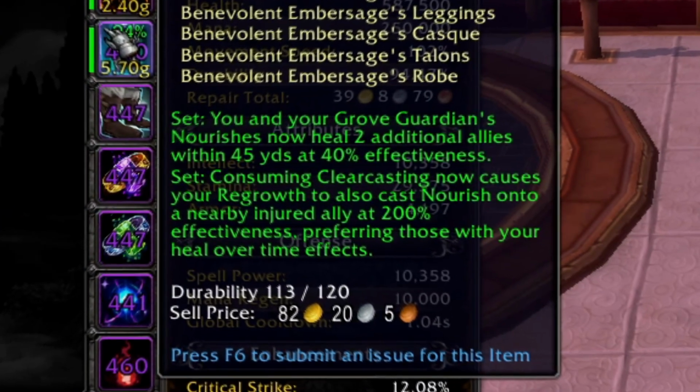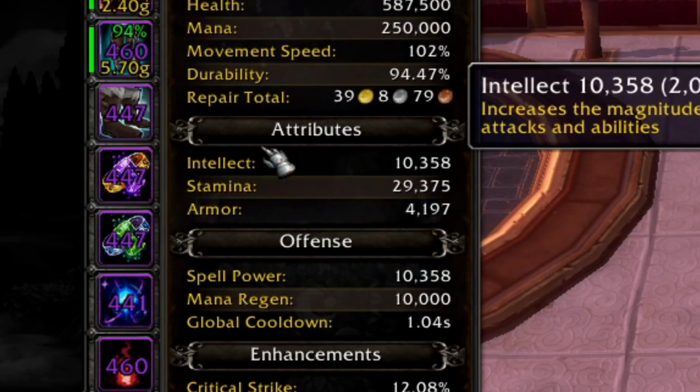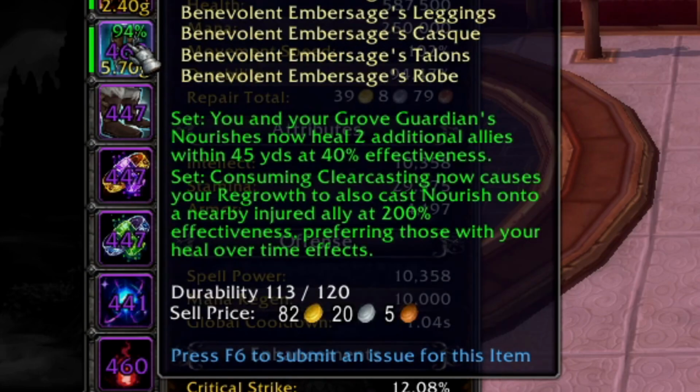So what it does, obviously you guys can read, but your Grove Guardians' Nourishes now heal 2 additional allies within 45 yards at 40% effectiveness. So that's just free extra AoE healing whenever you press Grove Guardians. And your 4 set, which is the super strong part about this tier set: consuming Clearcasting now causes your Regrowth to also cast Nourish onto a nearby injured ally at 200% effectiveness,